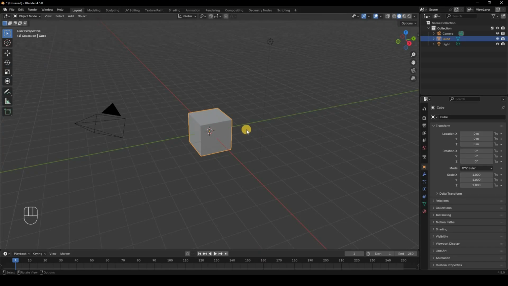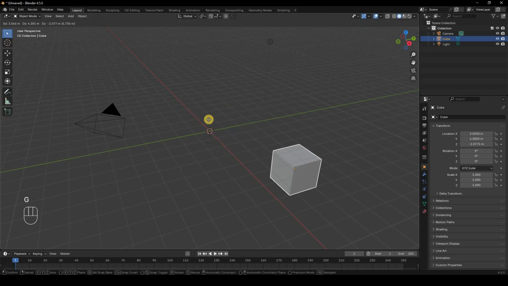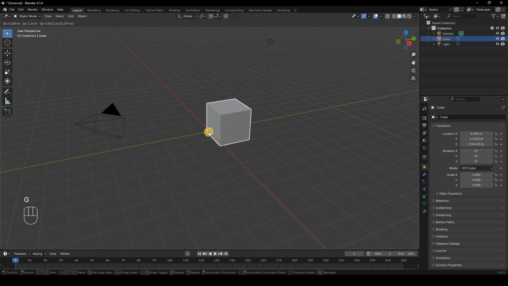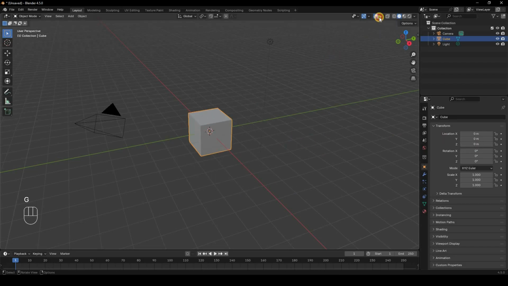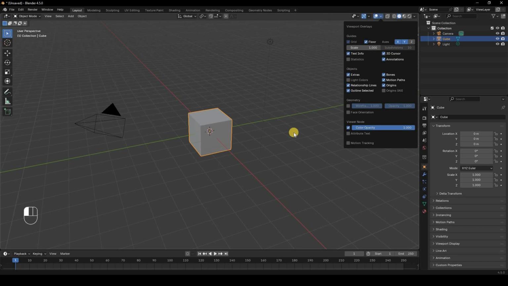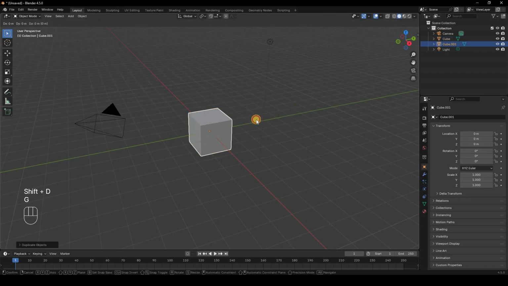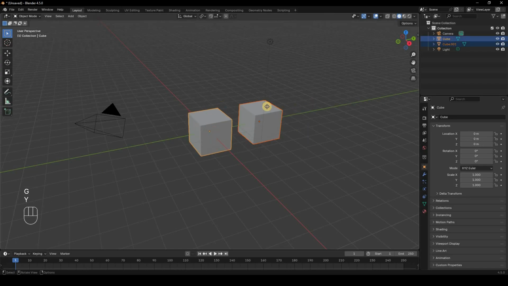For the grab or movement tool, you're going to go with the shortcut G, okay, and you can move it around anywhere you want. And when I do that, you can see that the values over here also change. These are based on the point of origin. Let me just turn off my 3D cursor. This orange dot is our point of origin, and the current selected object has this yellow outline,